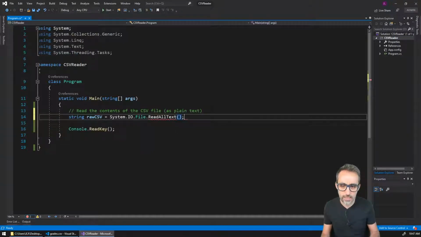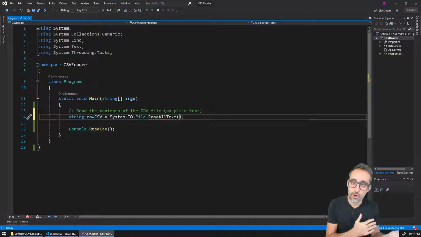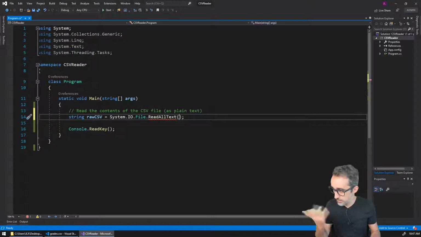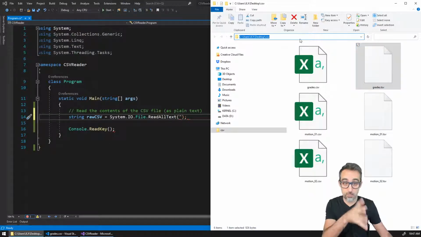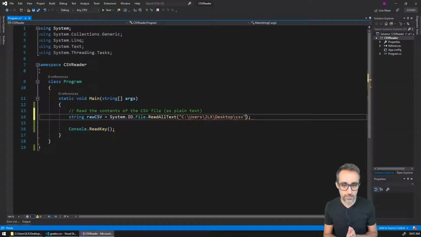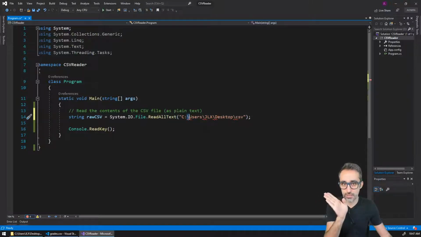So if I do that, I can open and close parentheses, and then inside of this function, I need to type the path of where my file is. In my system, it's going to be something like this, because you can see that my file is in Users, glx, Desktop, CSV. So I can just, in my Windows Explorer, click here, click copy, and then paste this here right away. Okay. However, that doesn't really work